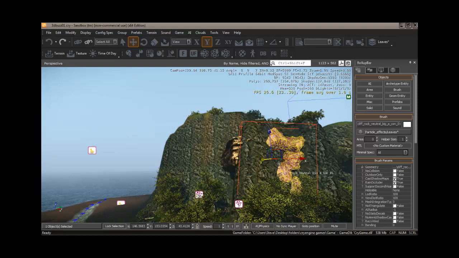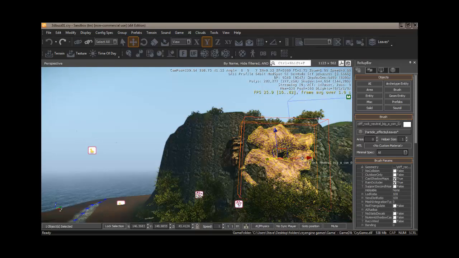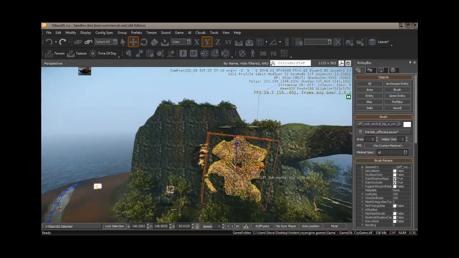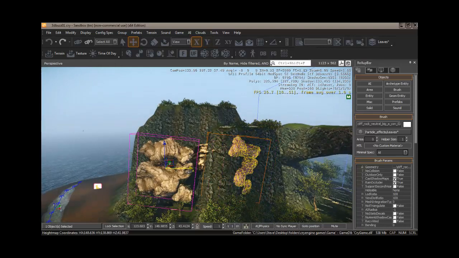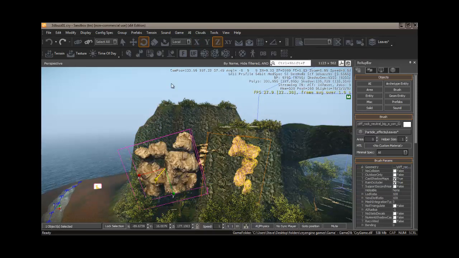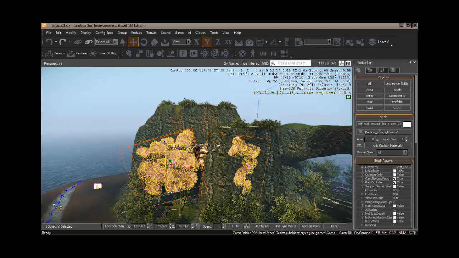Start to bring these chunks in. We can start to hit Control C and make copies. Change that up a little bit. And by the time that we do a few of these,